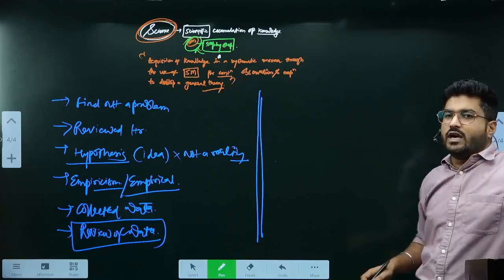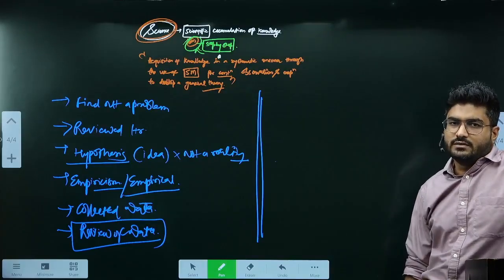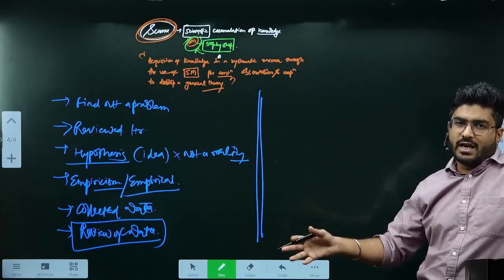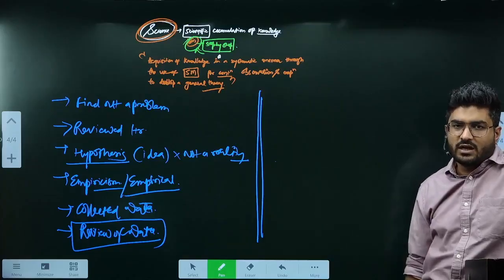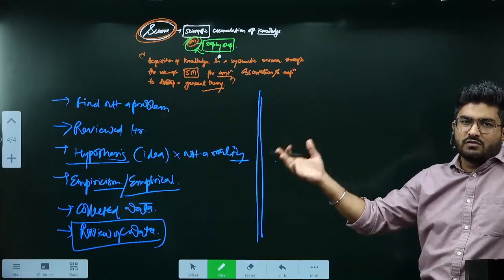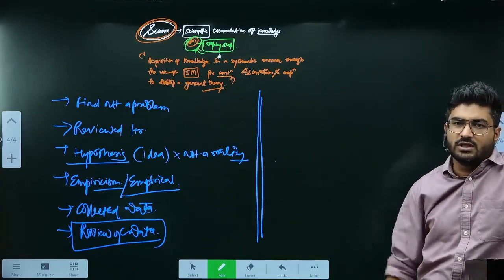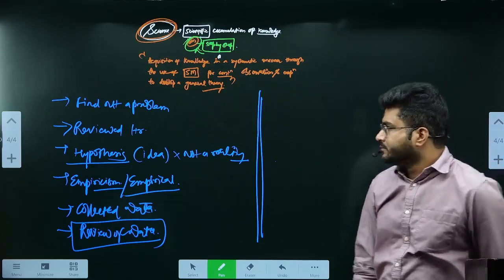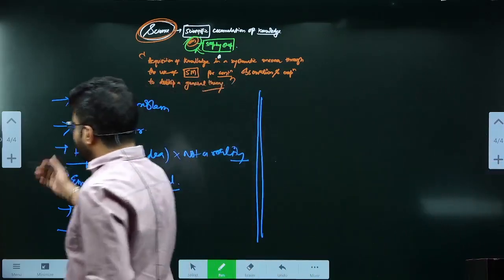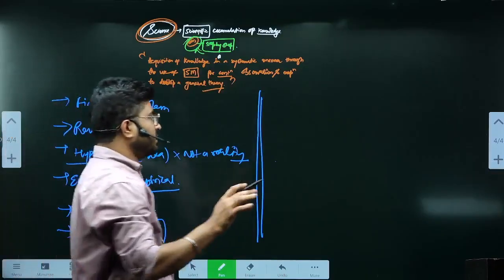We will try to find out correlations if there are any, and if those correlations are right, the hypothesis will be right and we will move towards the generalization part. But if that hypothesis is wrong, the same process will start repeating again. We will change the hypothesis itself. Now from here we learn that science or scientific method looks for